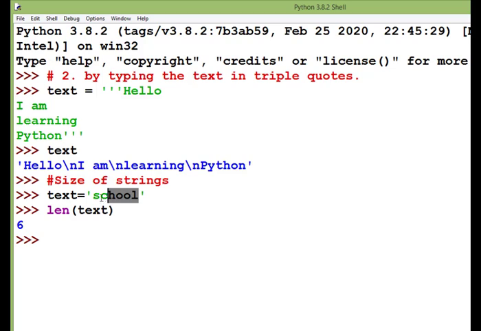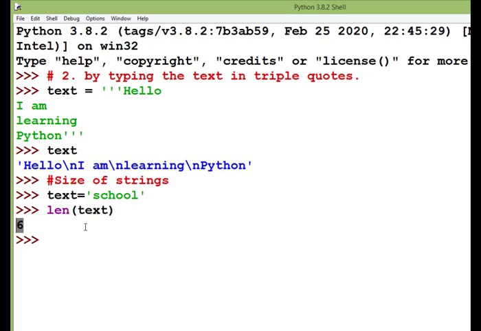So total characters are 6, and I have given len text, meaning I just want to know the length of the text. Len is the short form for length, it's a function. So len text means what is there in text? Text is equal to school. So in the text, school is stored, and I want to know the length of the string that is stored in text, and it has given 6. So this is very normal.